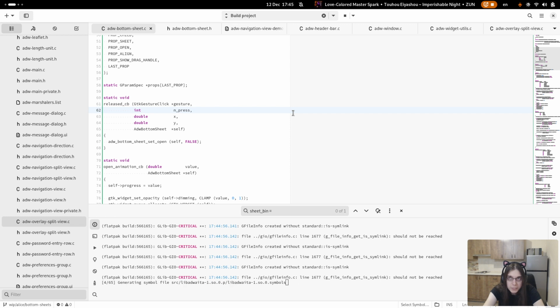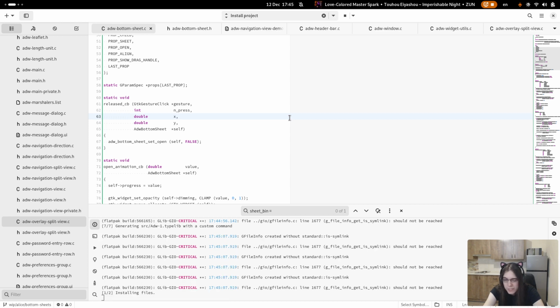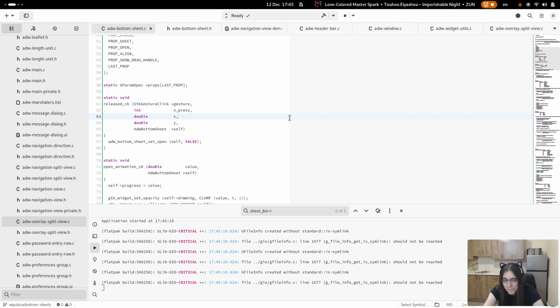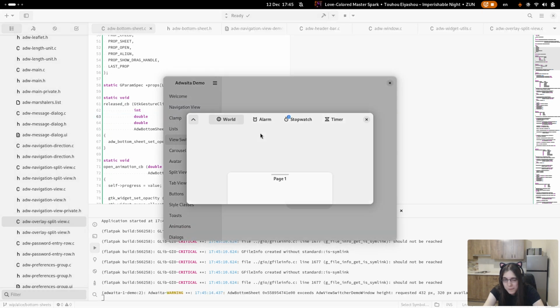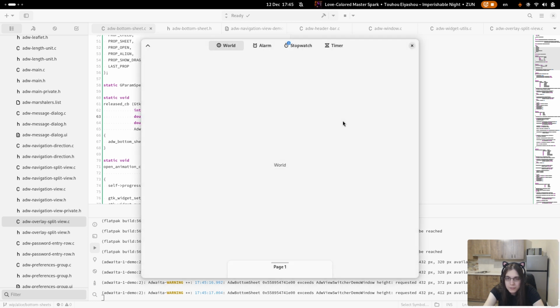So now when clicking dimming, it should close, hopefully. But I really want the capture. I don't remember. But anyway, yeah. Now I can click outside to close.